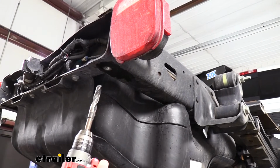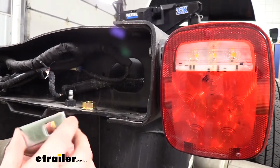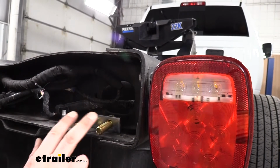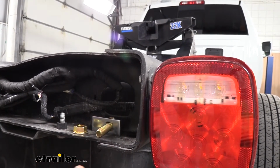Then we'll enlarge the hole on the other side as well. With our rivets all drilled out and enlarged, we're going to prepare our hardware. Each carriage bolt's going to get a spacer placed on it, and they're going to go from the top down. We're going to be using these in a moment as just holders for our hitch when we lift it up